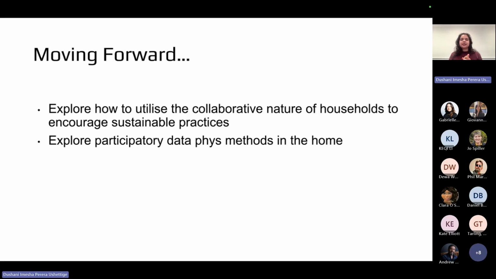Another avenue I want to explore is how to use participatory data physicalization methods in the home. This research is mostly about engaging with the user through a human-centered design approach, understanding their challenges and designing for them. But can I have a physicalization at home, which the people at home build themselves and make sense of themselves? That is another avenue I would like to explore.